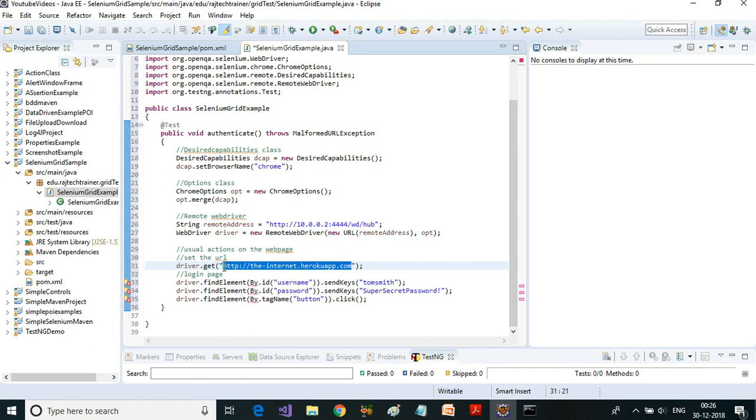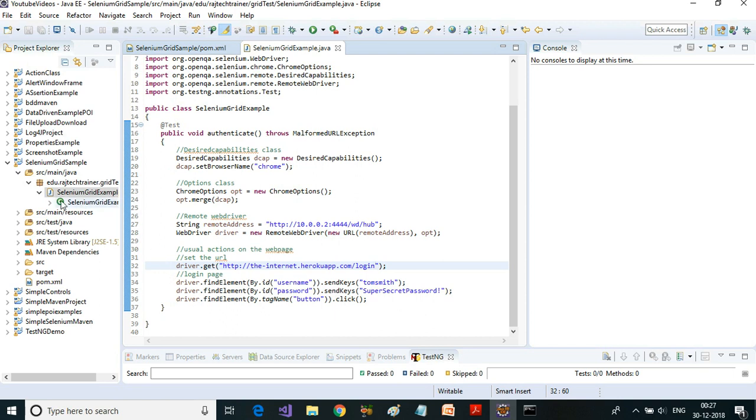So instead of going to home page and clicking on the link, I'm directly using the URL which goes to this login page. From the login page it will search for username and type in Tom Smith and the password as this password, and then it clicks on the button. Our code is ready now.